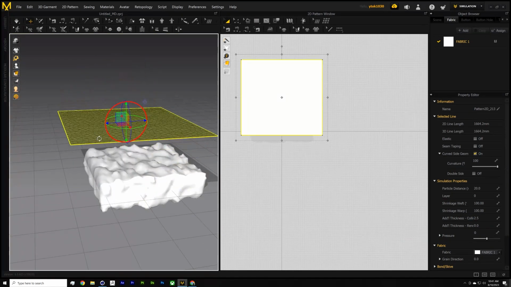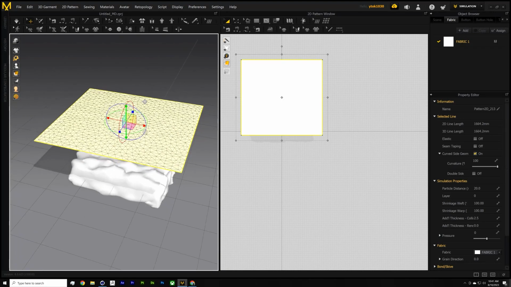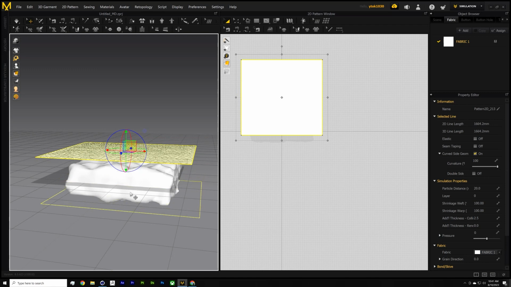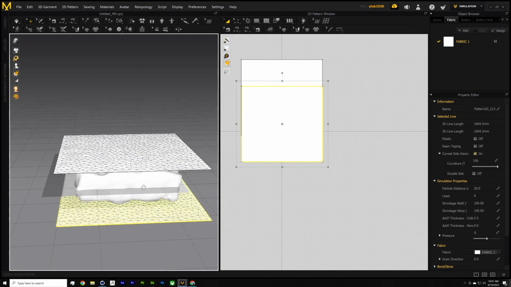But there's two sides. The darker surface means inverted normal. So we need to make sure to see the brighter surface. And then I just copy and paste it and put it down below. And we might need